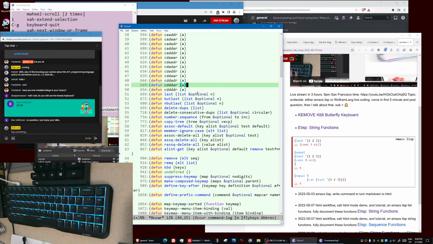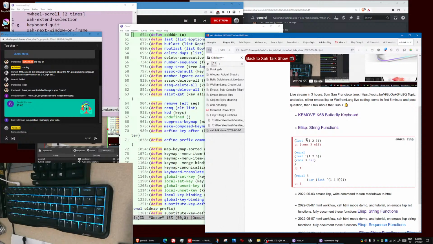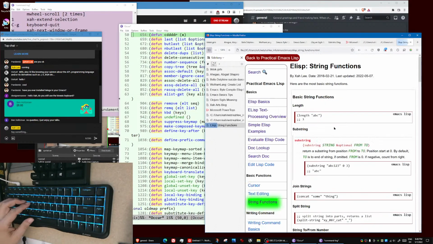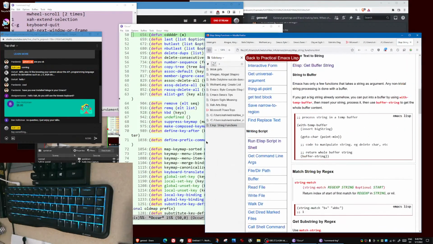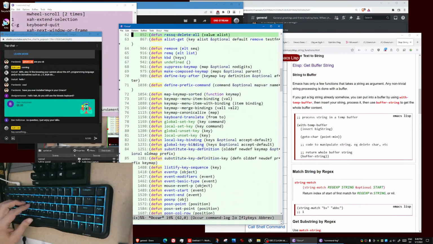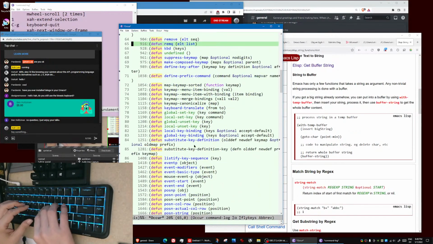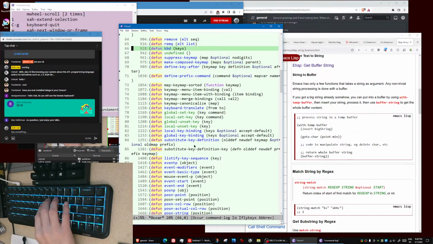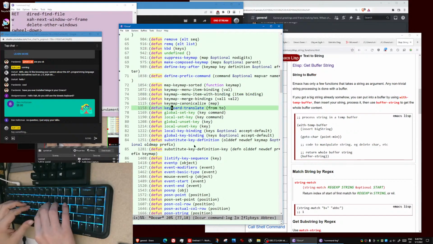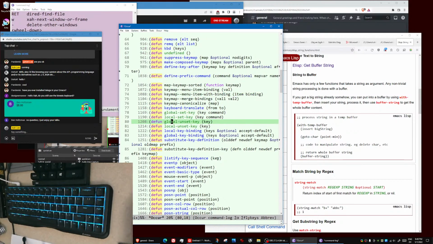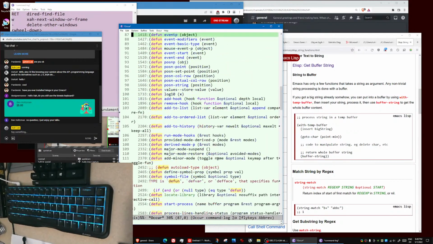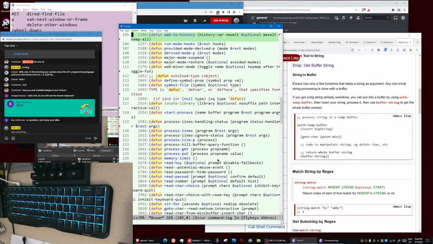So we are digressing and looking into this file. The reason we talked about this file is because we are looking at string functions. And okay, let's continue. So it also defines keyboard functions, all critical functions. When you need to define keyboard shortcuts, global-set-key, local-set-key, or the core part of